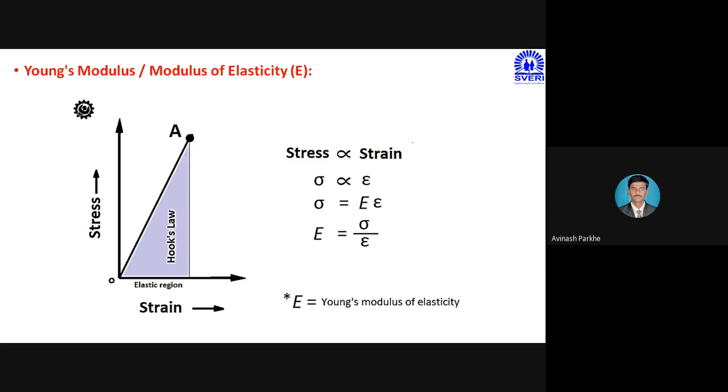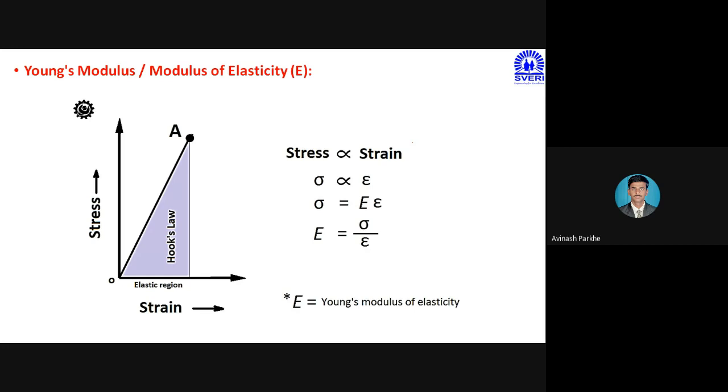Similarly, sometimes Young's modulus will be given, capital E equal to 200 gigapascal, then G will be given, then K will be given. So these are basically 3 elastic constants which represent the material properties, and all 3 elastic constants have the same common definition. What is that? The elastic constant is equal to stress upon strain. This is the common definition applicable for all the elastic constants. But which type of stress and which type of strain, that understanding is very important for these 3 elastic constants.